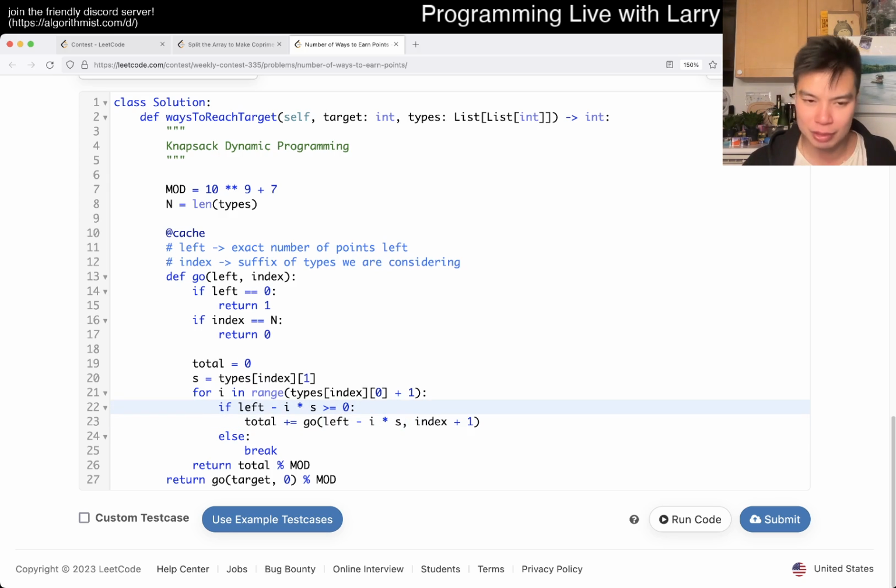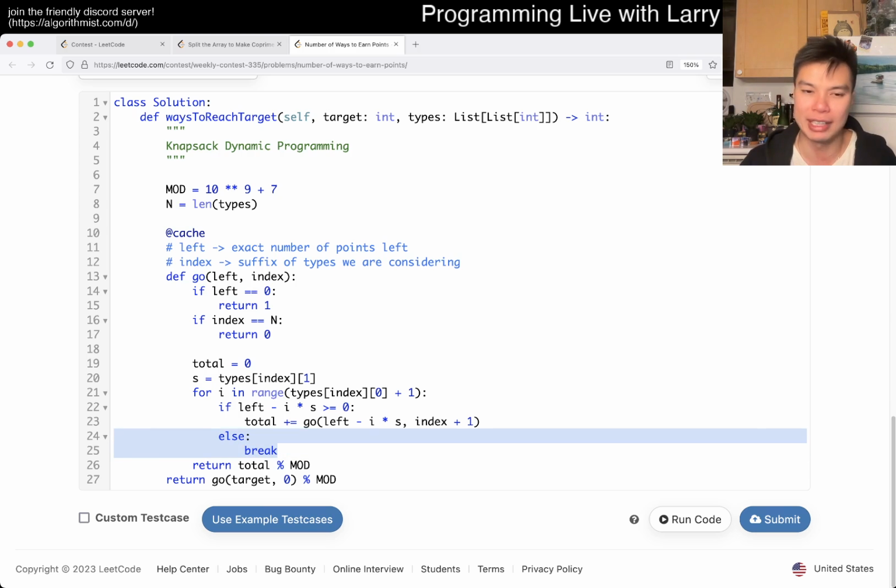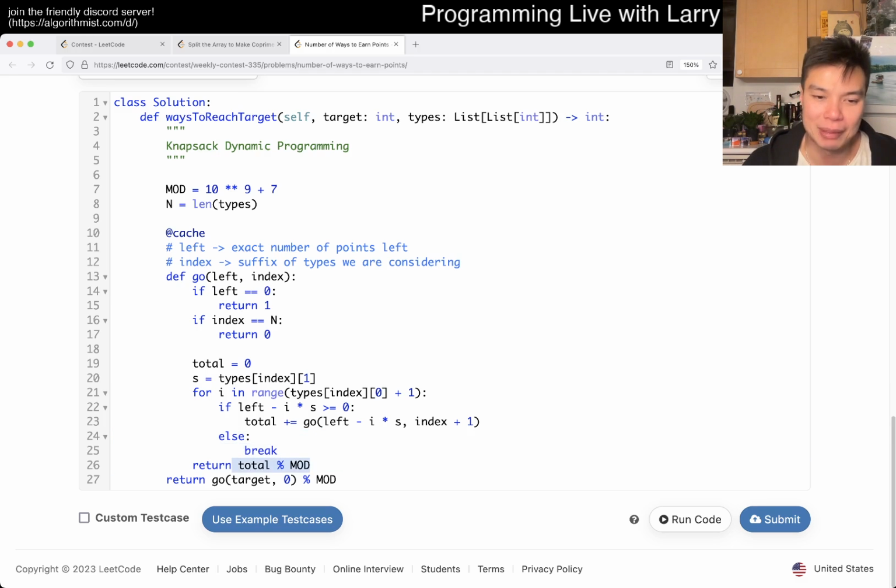And then so forth for i is equal to 2, 3, all the way to all the counts that we have. I also have an early break termination. You probably could have written this into the range thing, but I like writing this way because I'm really bad at math and off by 1, so it was just clear. And of course, remember to mod,